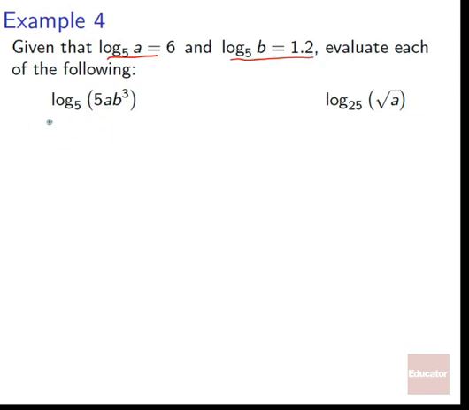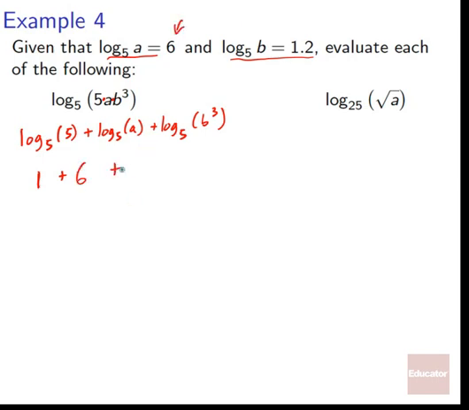Log base 5, we've got multiplication between each one of these. That's what it means when they're just stacked on top of each other. So log base 5 of 5 plus log base 5 of a plus log base 5 of b cubed. So log base 5 of 5 is just 1, because it's the same thing as its base and what it's being operated on. Plus log base 5 of a, we were told that was 6, so we get 6 plus,